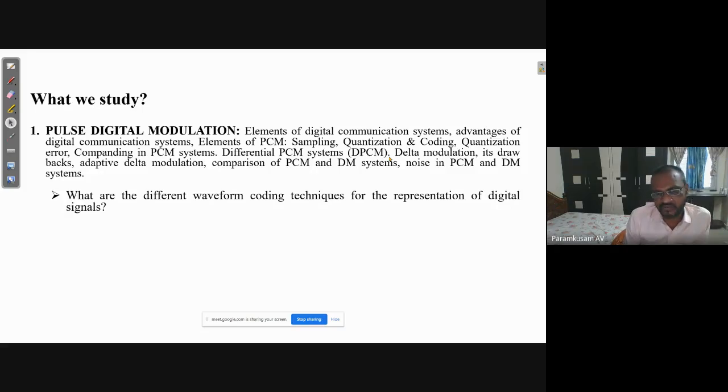So in order to perform digital communication, our job is first to convert that analog signal into digital signal. To do that, we use pulse code modulation, differential PCM, and delta modulation. These are the 3 waveform coding techniques which can be used for converting analog signal into digital signal.